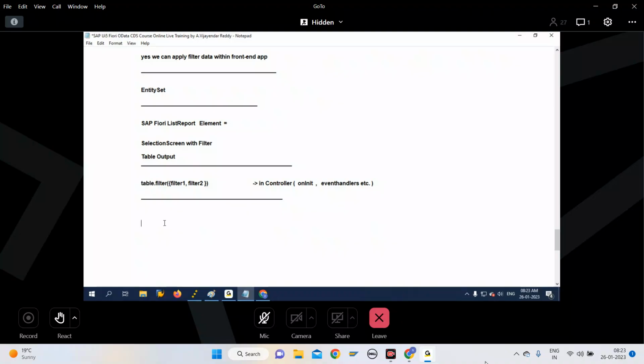Vijay, that means it's to not show the duplicate values in the help, right? This is for filters, not only for duplicates. If you want to avoid duplicates, you can use duplicates as false. I think there is some property you can try. On the screen element there is a property. If you want to avoid duplicates, use the screen element class, for example the select screen element. For that, you can use one property like duplicates and make it false. Yeah, as we see now, if you're showing the field first name, it was showing the duplicate